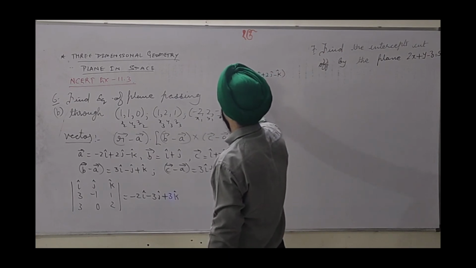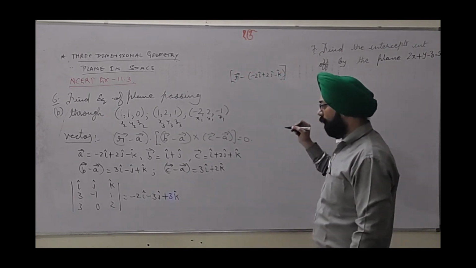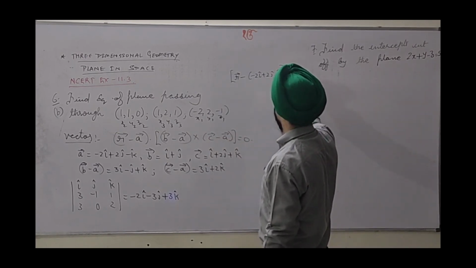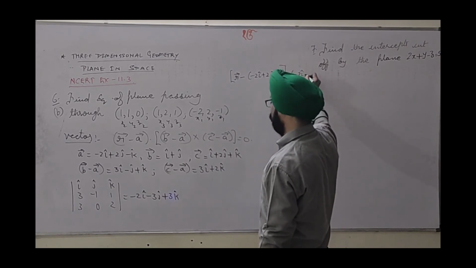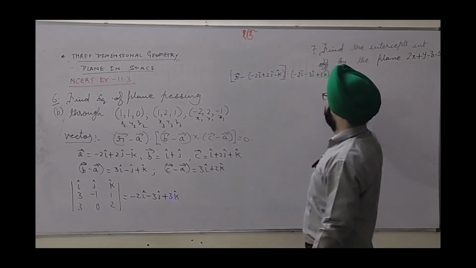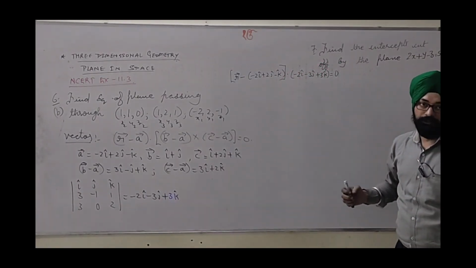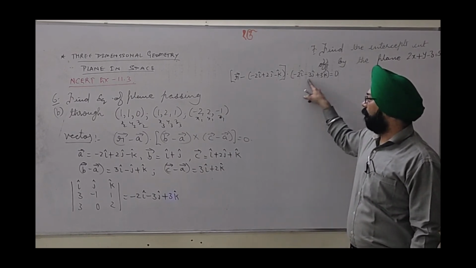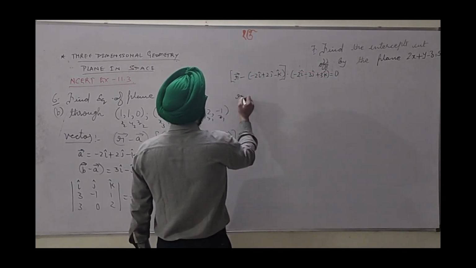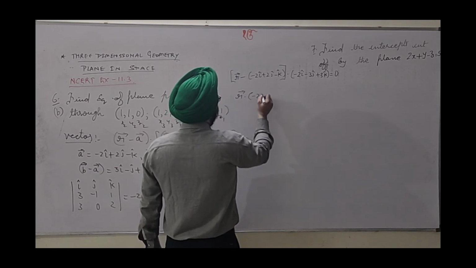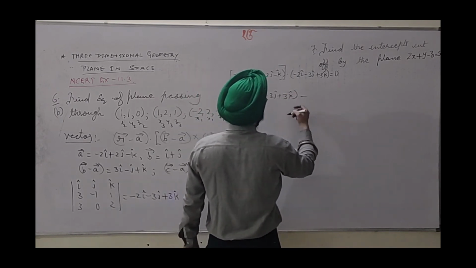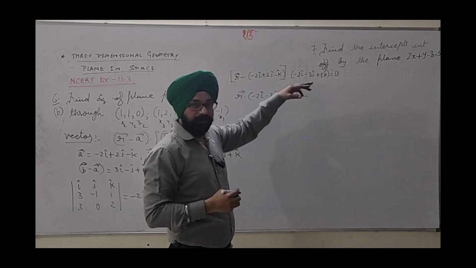Okay, we can use some bracket, curly or square, and this value we have to put in place of this whole bracket, with dot minus 2i minus 3j plus 3k equal to 0. Now further simplification is possible. How? This dot is taken with the vector and this bracket, so this can be distributed over both of the terms. So we get r dot minus 2i minus 3j plus 3k minus, and we can take the dot between these two vectors. That can be done verbally.